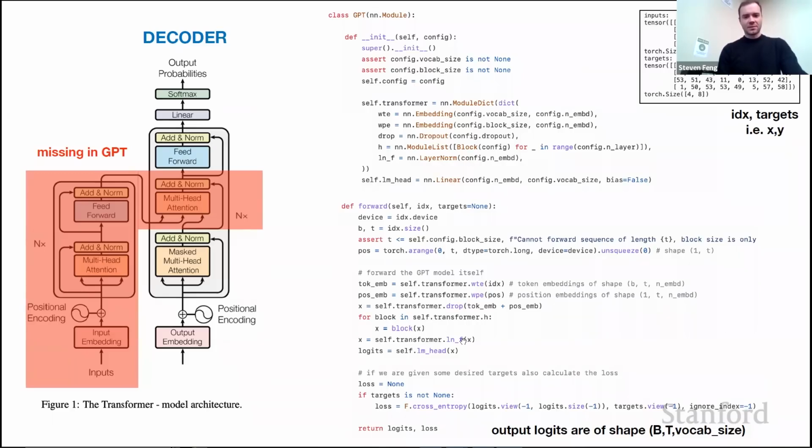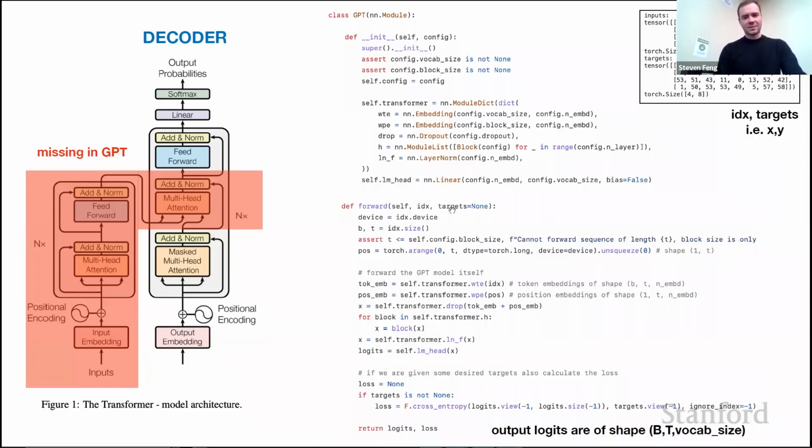And then in the end, there's a layer norm. And then you're decoding the logits for the next word or next integer in the sequence using a linear projection of the output of this transformer. So LM head here, short for language model head, is just a linear function. So basically, positionally encode all the words, feed them into a sequence of blocks, and then apply a linear layer to get the probability distribution for the next character.